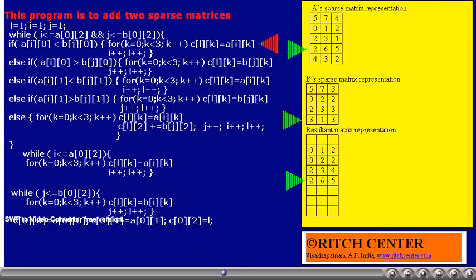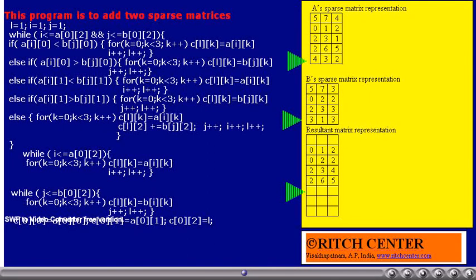Now matrix A contains an element belonging to row 2, whereas matrix B contains an element belonging to row 3. Thus, the row 2 element of matrix A will be copied to the resultant matrix. I will be incremented by 1, L also.